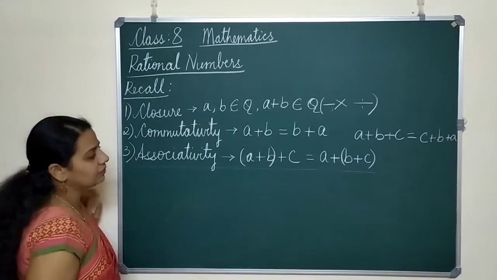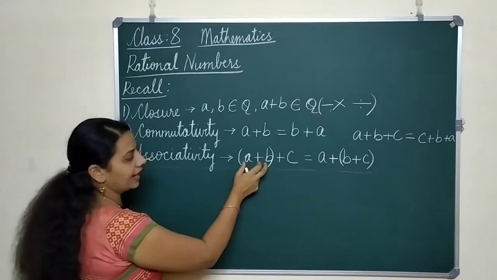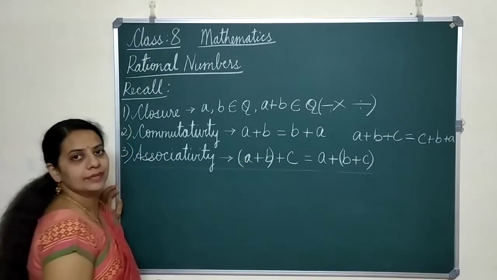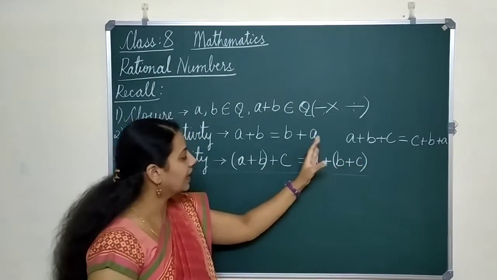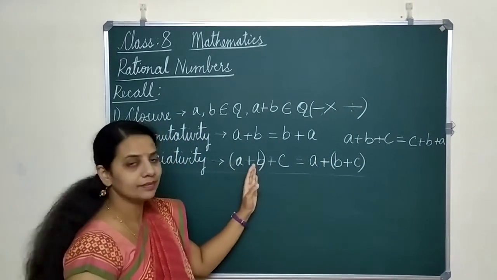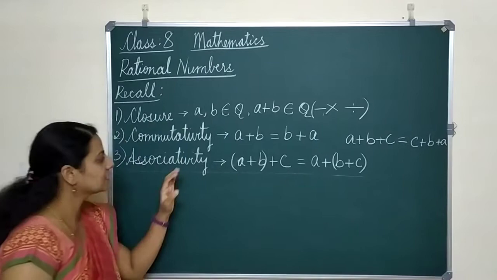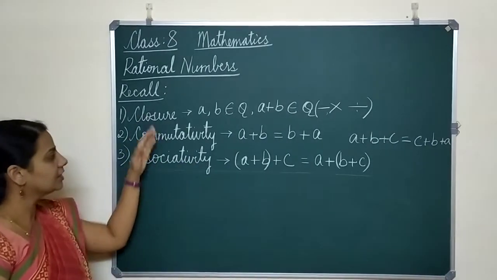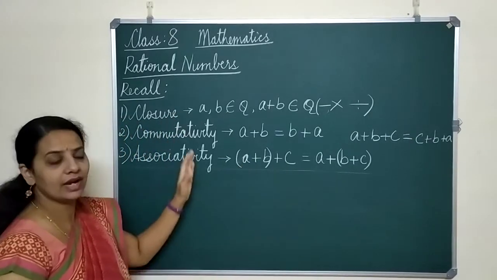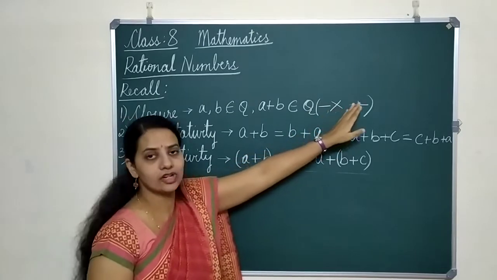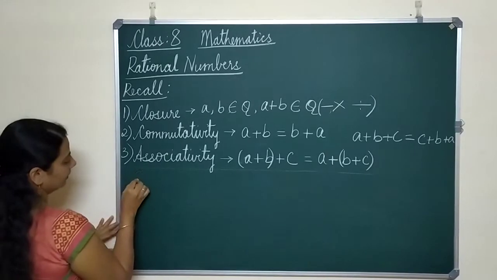Now coming to associativity. What is associativity? It is the grouping of numbers. First we have taken two numbers, added, and then added that to the other number. Here we have added the other two numbers and then added to the first number. So a plus b plus c is the same however grouped. This is nothing but your grouping. So this much you have understood, right? All these properties we have tried with subtraction, multiplication and division also. Now moving on to the next property.